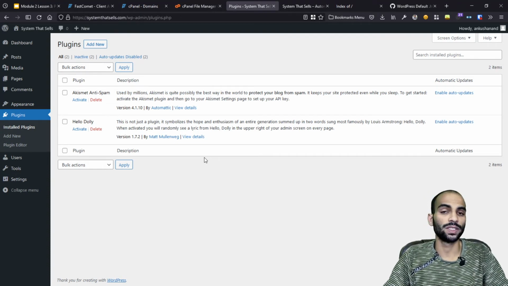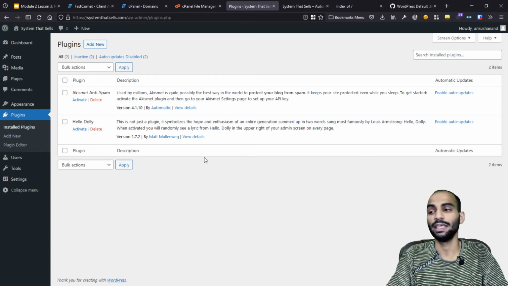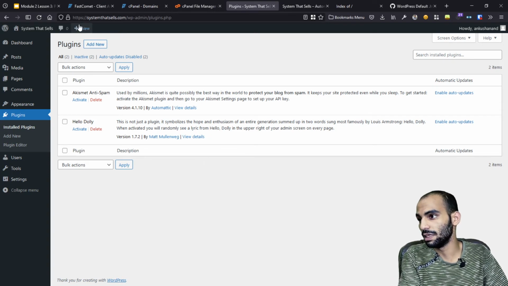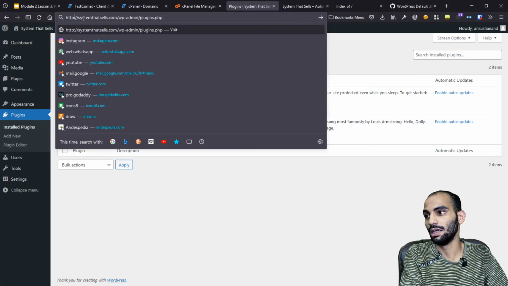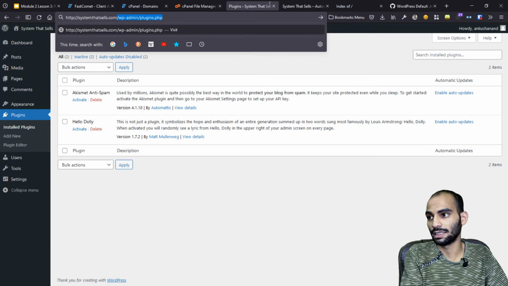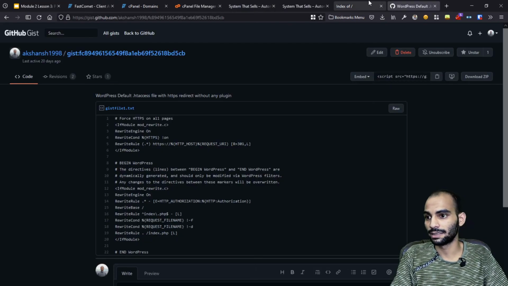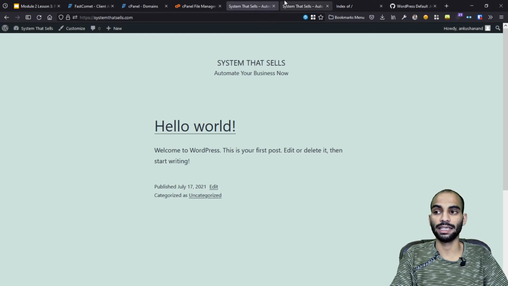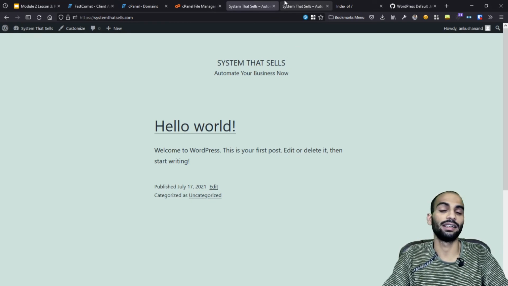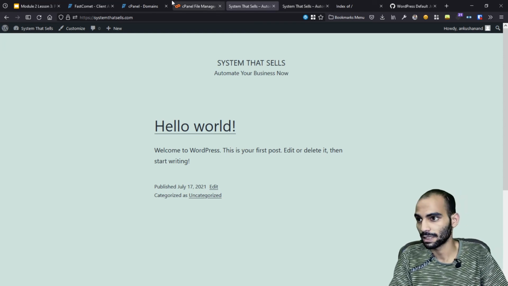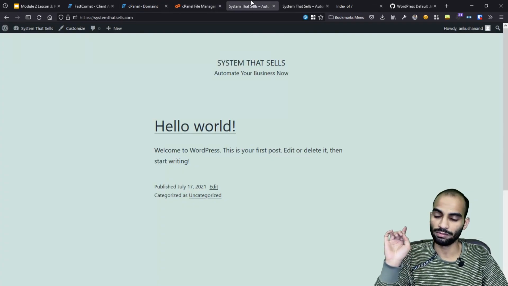It causes the issue of mixed content, and sometimes people will even be able to visit your site on the HTTP version. I have added this code, which forces all of the pages to use the HTTPS version. That is the manual method, but I think this is better than the Really Simple SSL plugin because it's kind of distraction free.